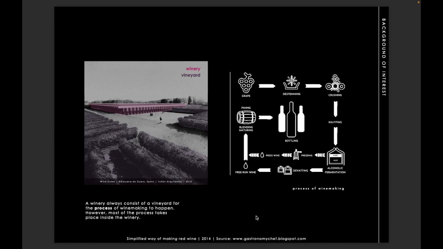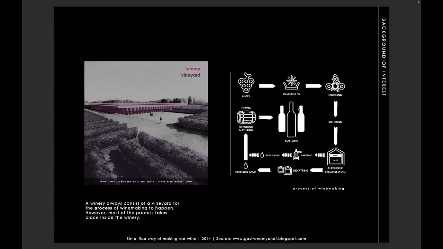So then we go to the next page. The next page is taking the same picture as before, and is separating these two themes, these two items: the building, the winery, and then the vineyard. It's the same picture as before, but he already did one analysis with color, using the red and the magenta to refer to the red color of the wine, continuing with the black background, and here in white he is explaining the process of the wine making, and he writes a brief description,